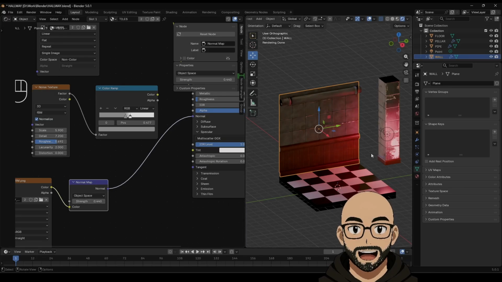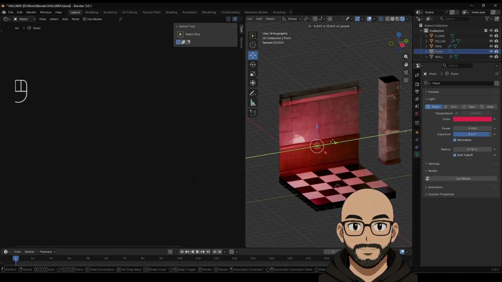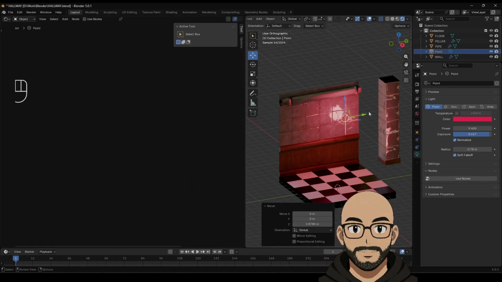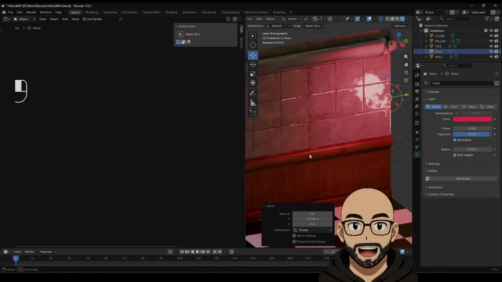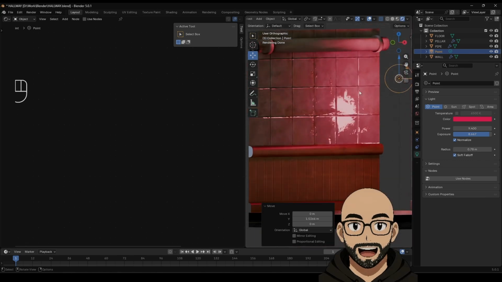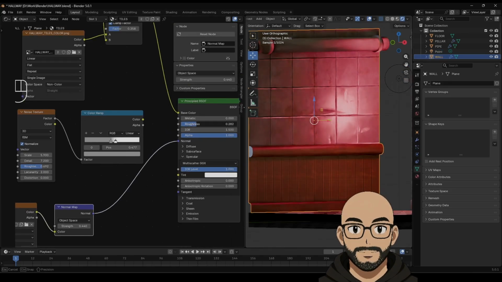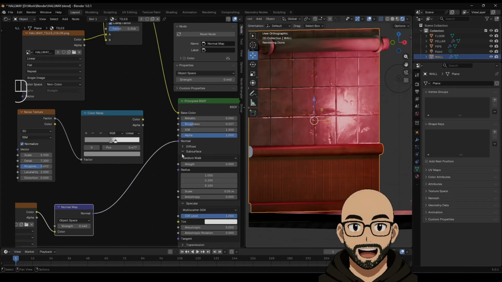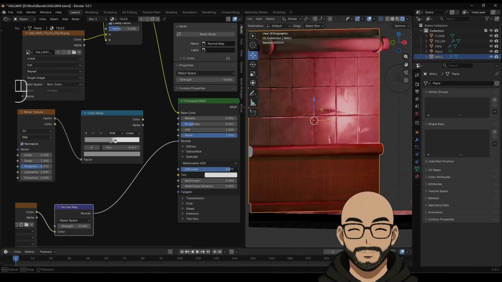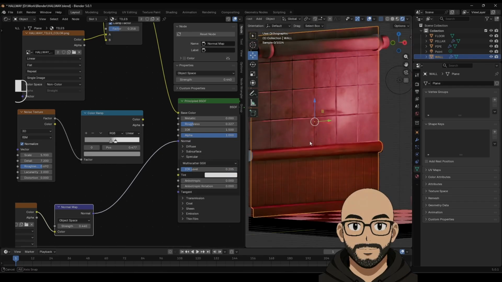I'm just playing around with settings to see. I mean, that's looking more like a bump or normal. That's looking more like what I want, but I know it's very glossy, but if I play around with this and not the specular, like so,